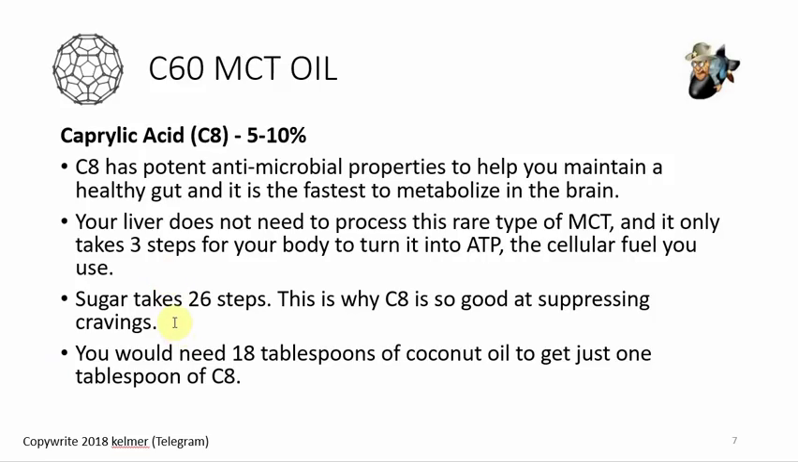Now, sugar, as a comparison, takes 26 steps to convert from sugar into ATP, which makes C8, or caprylic acid, so good at suppressing your cravings. As an example, if you wanted to try to take caprylic acid, but you only took coconut, it would take 18 tablespoons of coconut oil to just get 1 tablespoon of caprylic acid. So it is a very, very small part of coconut oil, but when you extract it,